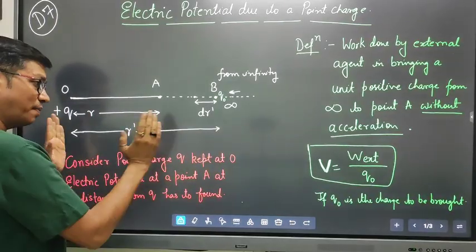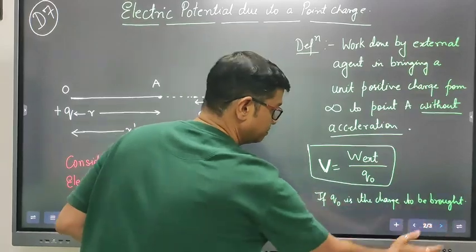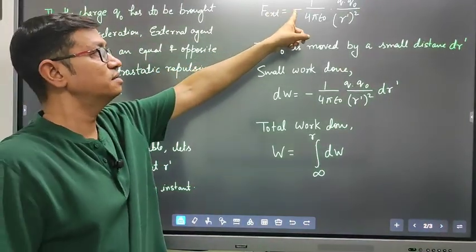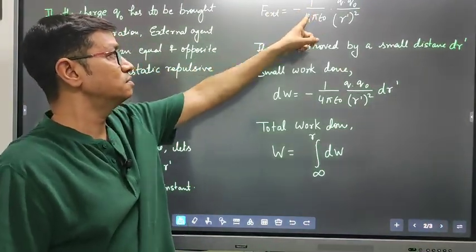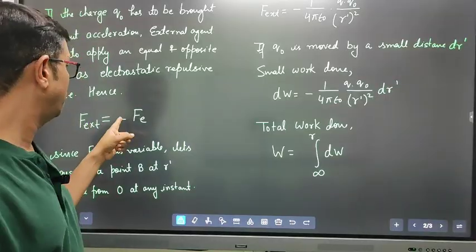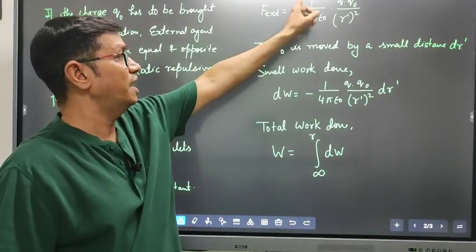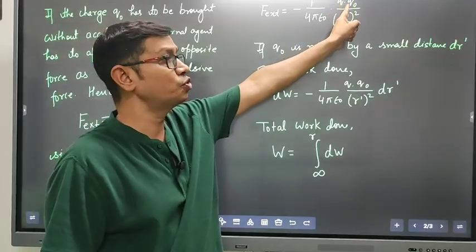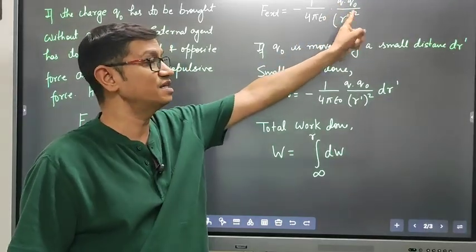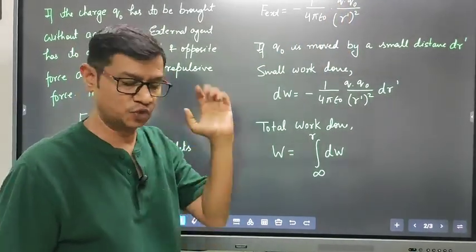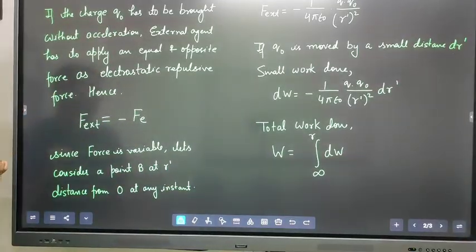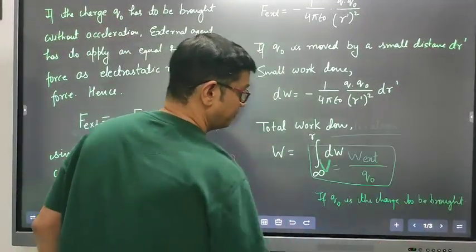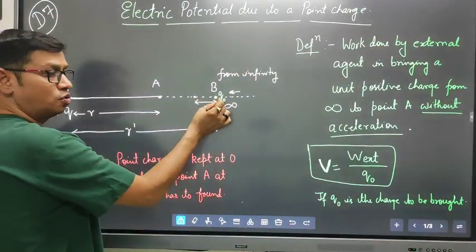ठीक। अब इस टाइम पे अगर हम फोर्स की बात करें तो क्या हो जाएगा, -1 अपॉन F external, it will be minus, and electrostatic force is 1 upon 4πε₀ Q1 Q2, Q₀ upon R' का स्क्वायर, बराबर बात, ठीक।